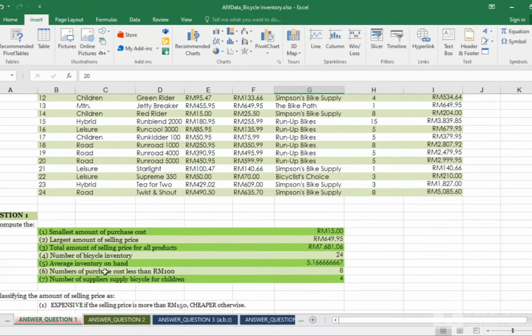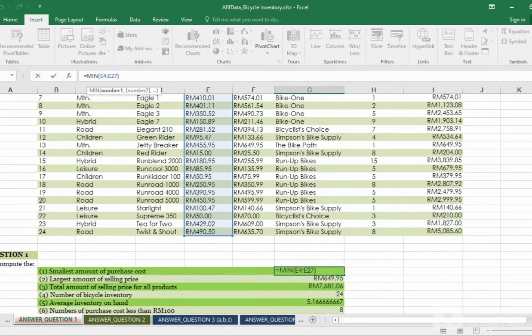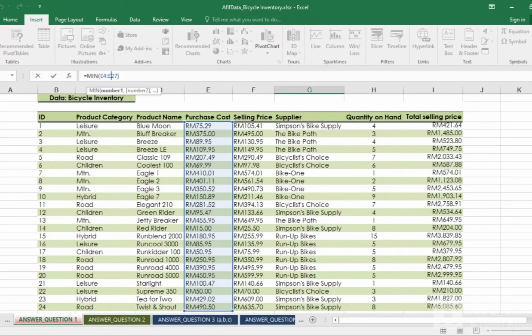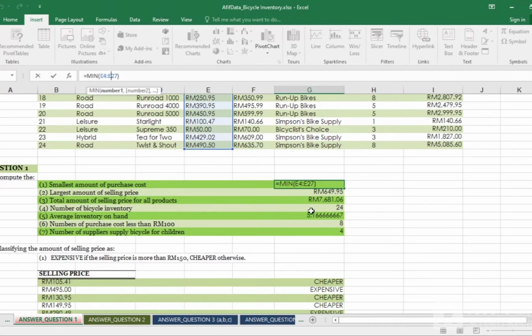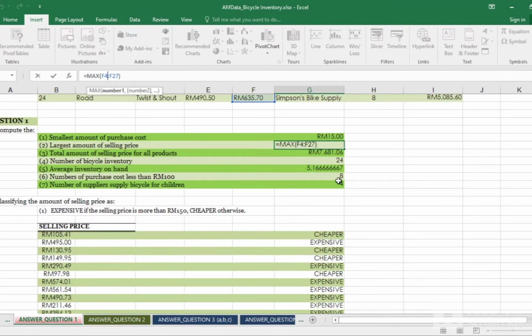For question 1, we can see the smallest amount of purchase cost. So we click here, then we put equal MIN, then bracket, then we put from table purchase cost. And then for the largest amount of selling price, we just put the formula equal MAX in bracket table selling price. Next, for the total amount of selling price of all products, we put the formula equal SUM and table